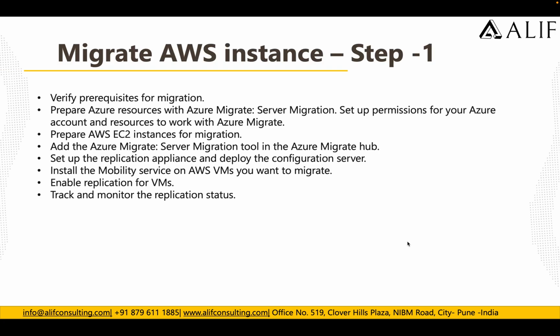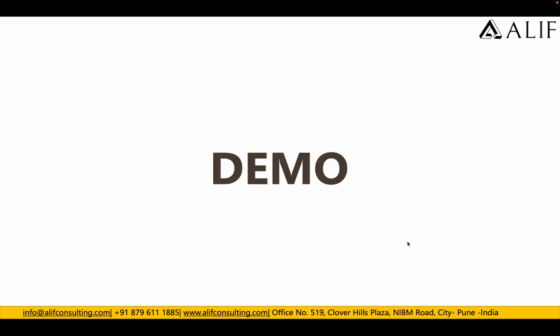We are going to verify the prerequisites for the migration. We are going to prepare the migration project. We're going to prepare the instances for the migration. We are going to add our appliance into the Azure migration project. We're going to set up the appliance, deploying the configuration server. Then we're going to install the mobility agent on the AWS VM which we want to migrate, and then we're going to enable the replication of the VM, and then we're going to track and monitor the replication status, right? So this is what we are going to do in this video. So let's quickly jump into the portal and do the real action,